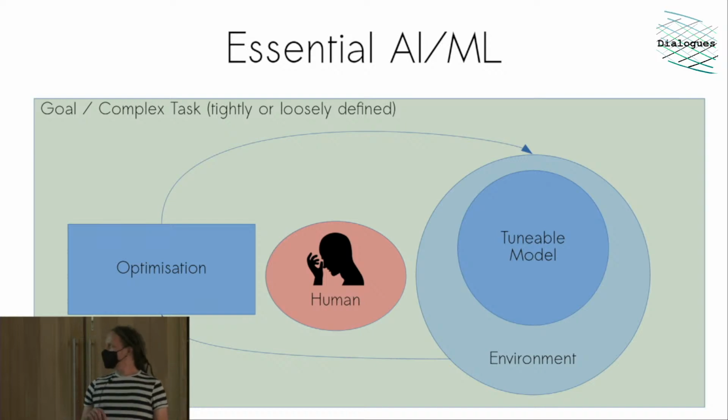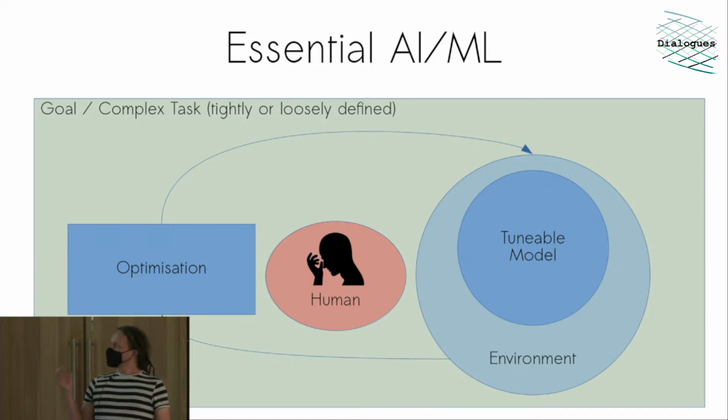And this tunable model is connected to an environment. And this is really important, that these models that we work with rarely exist in isolation. So it's very important to think how they're embedded with what we do. Their inputs could be an FFT, it could be a raw audio signal. The outputs could be a video. It could be a sound. That sound could take different forms, different formats in the data.